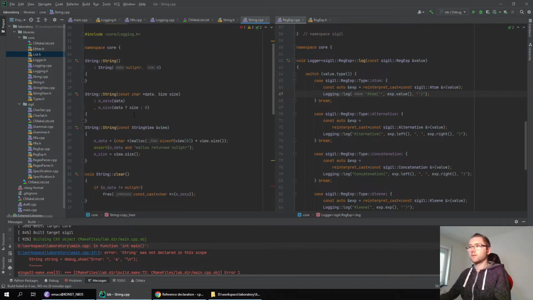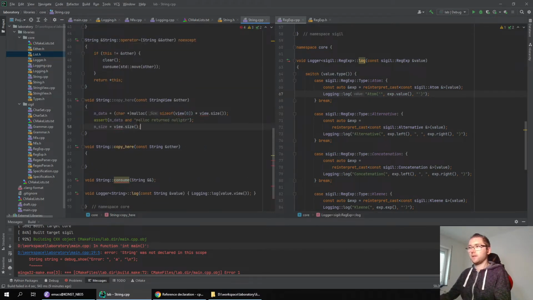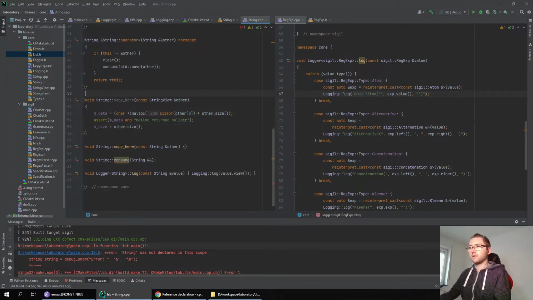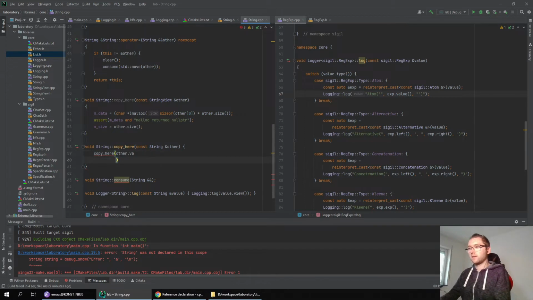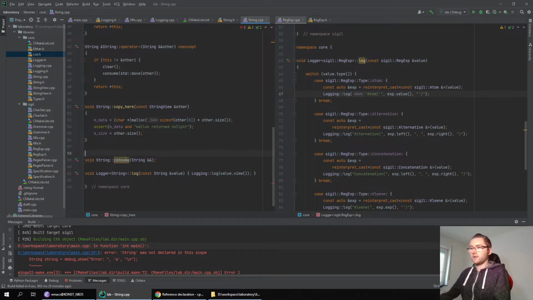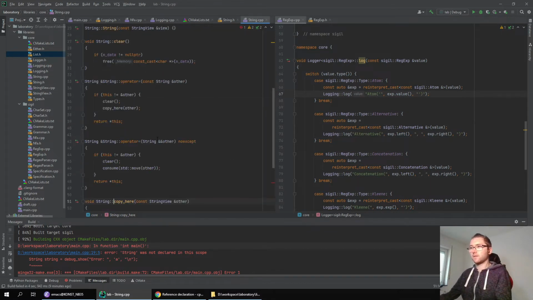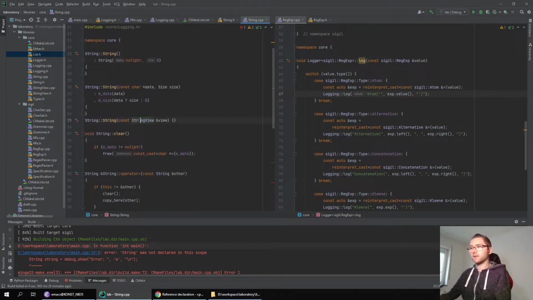So now I'm going to move this implementation to my private helper, the default other here, and copy here, and now just refer to copy here with the view. So now I can move this to the header again. And this one can be called in our constructor. So in this constructor,